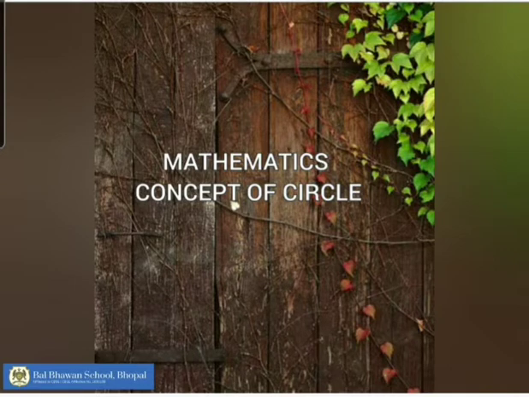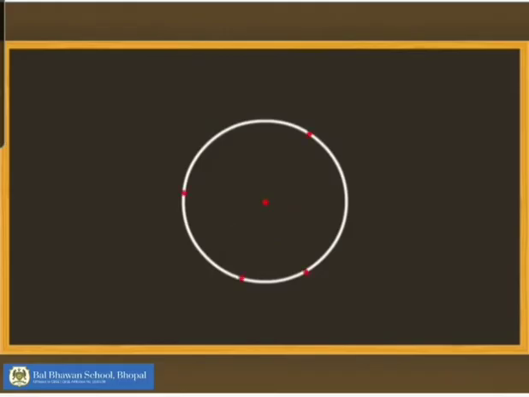Children, you are already aware about circle and its parts. A circle is made up of points at a constant distance from the center. When we join this center point to the outer boundary through a line, we get the same distance all the time. This is known as the radius of the circle. The radius of the circle is the same at any point from the center to the outer boundary.